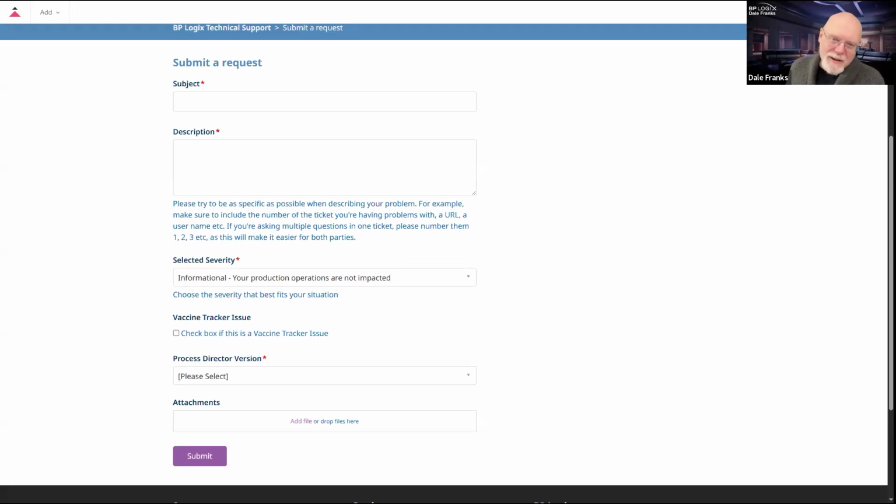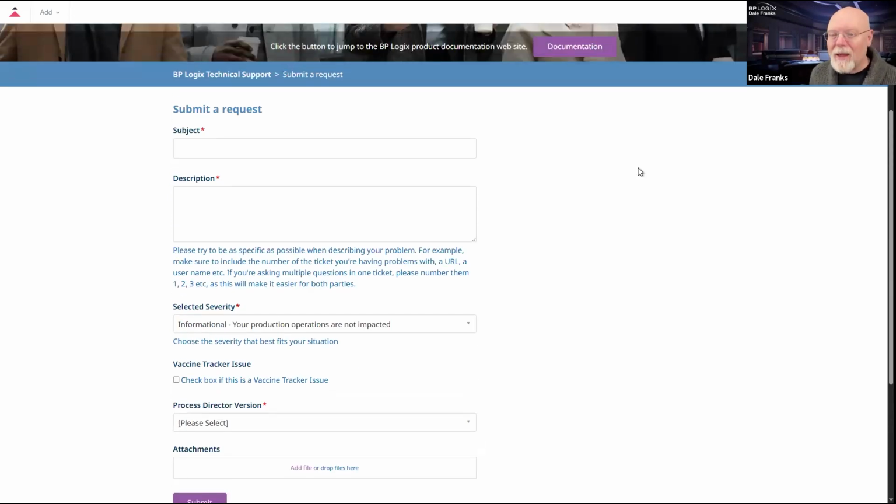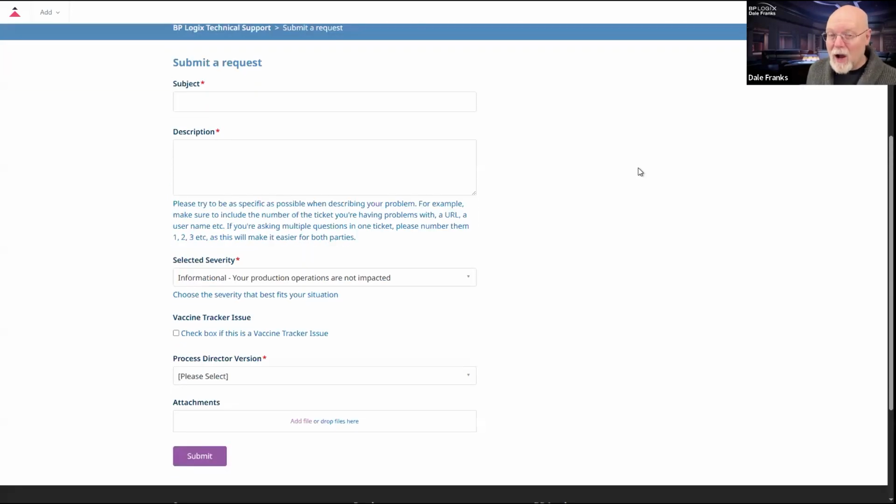Our preference, though we recognize we're not your supervisor, we can't make you, our preference would be that you use the form and that you do your interactions on the form. This also will allow you to mark a ticket as solved if it's solved or what have you. So you can do it on the form.